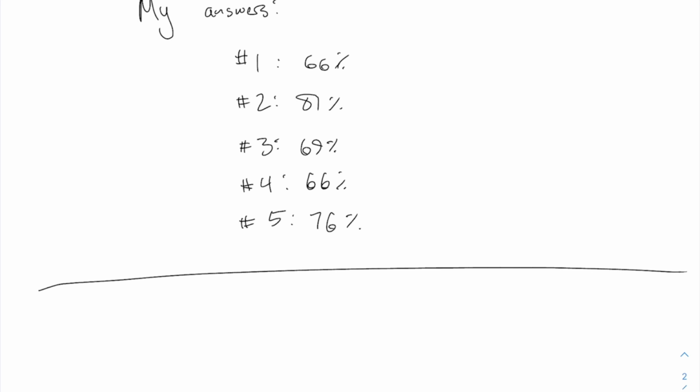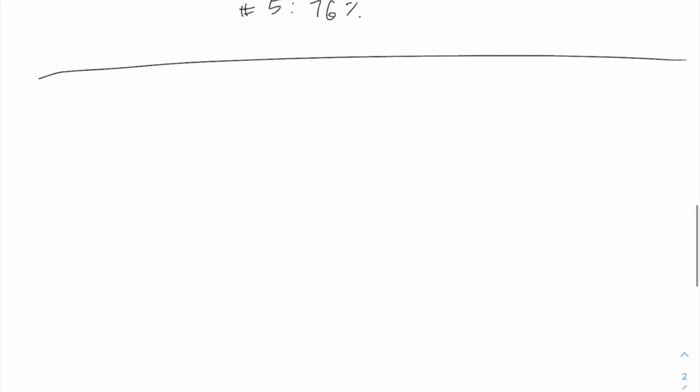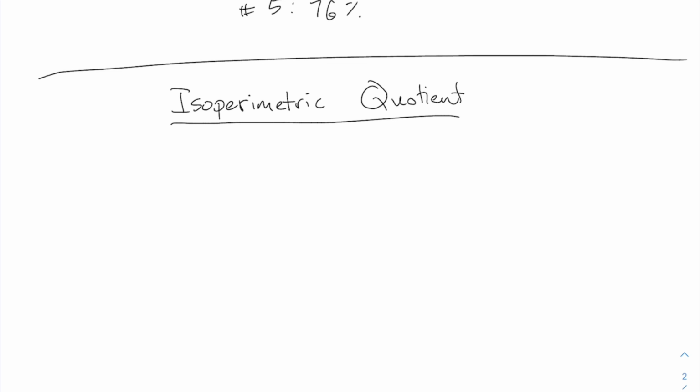I have one more geometric measure of how weird a shape is. And this one has a fancier sounding name. This is called the isoperimetric quotient. Quotient, you know, means when you divide things. This is also a ratio. It's a fraction that you get at the end. And it can also be read as a percentage. So this is just another way of measuring how weird the shape is, but it has nothing to do with